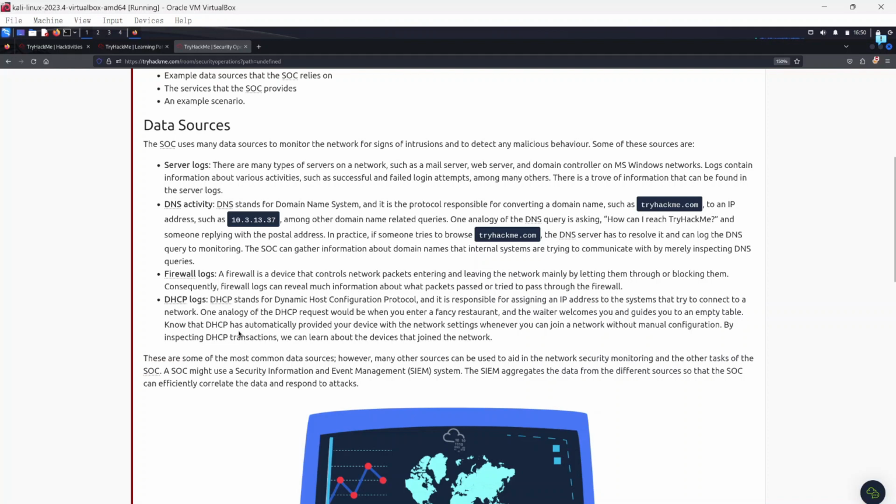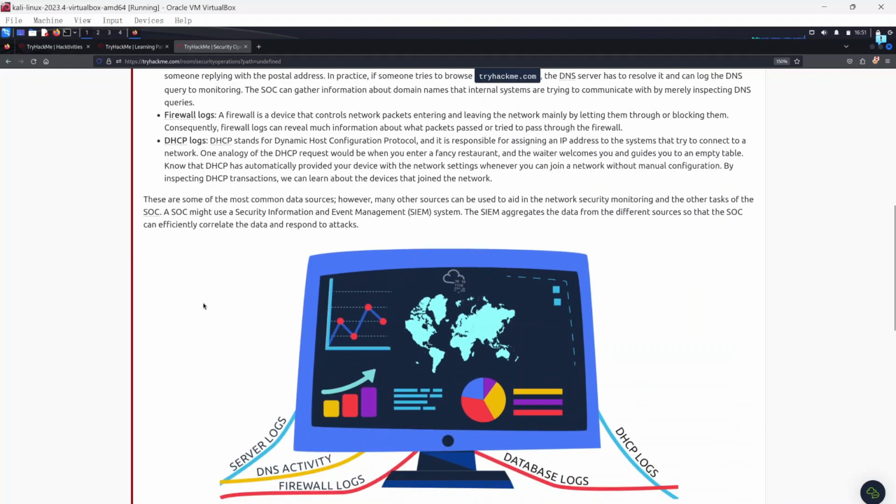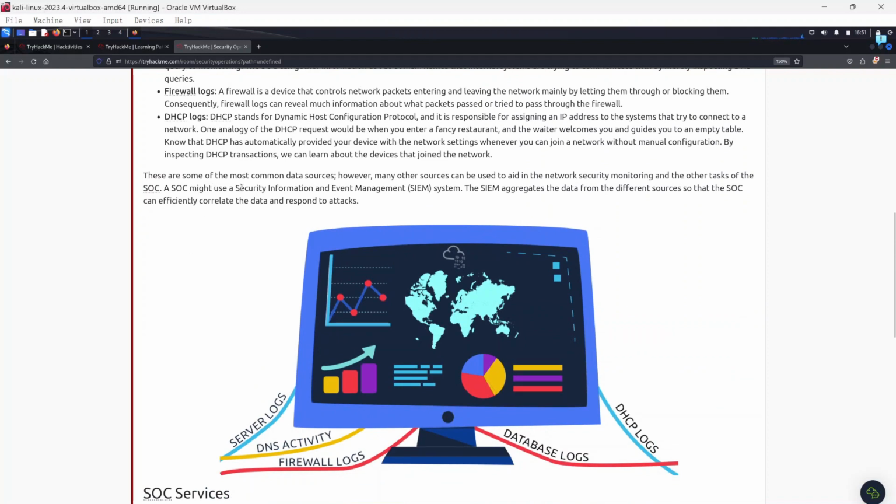Know that DHCP has automatically provided your device with the network settings whenever you can join a network without manual configurations. Now, by inspecting DHCP transactions, we can learn about the devices that joined the network. Now, these are some of the most common data sources. However, many other sources can be used to aid in the network security monitoring and the other tasks of the